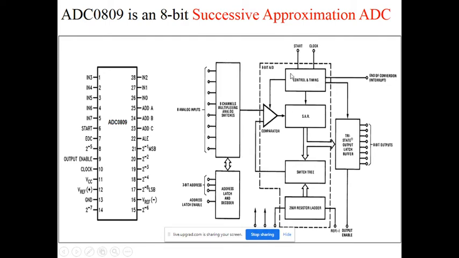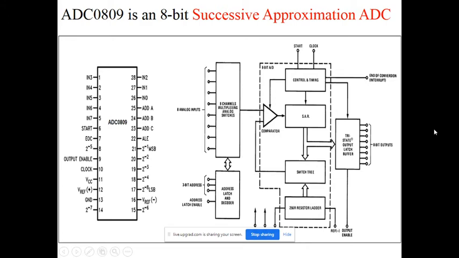Then the ADC starts converting analog data into digital data, and the conversion process takes some time. When conversion is over, the ADC will inform the controller through which pin? End of conversion. Whatever conversion is over, its data is put into the output latch buffer, and it generates the output end of conversion signal. That signal is passed to the controller, and according to this the controller knows that conversion is over and data is available on the respective port.